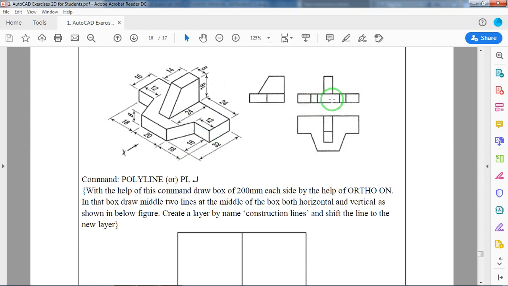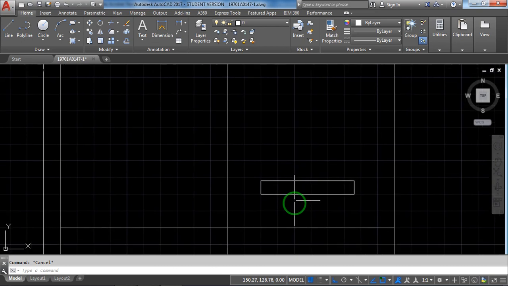Next, these two lines you are supposed to create. These two lines are from this particular location to 12 mm distance, 8 height, and from there a particular 6 distance. How to first draw this? I'm doing from the right side. Whatever technique you have used to locate this particular point, we are supposed to use the same. L, enter.